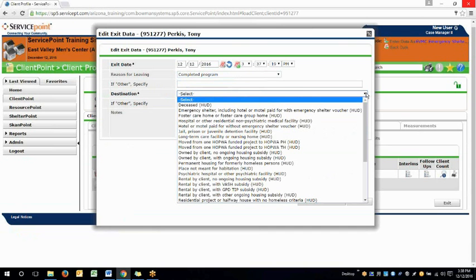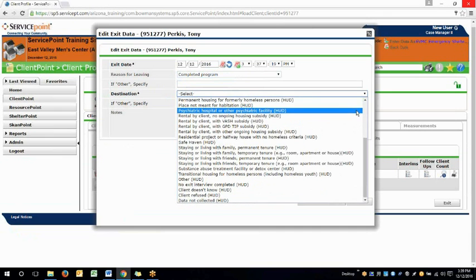Moved from one HOPWA funded project to HOPWA transitional housing, owned by client, no ongoing housing subsidy, owned by client with ongoing housing subsidy, permanent housing for formerly homeless persons, place not meant for habitation, psychiatric hospital or other psychiatric facility, rental by client, no ongoing housing subsidy, rental by client with VASH subsidy, rental by client with GPD TIP subsidy, rental by client with other ongoing housing subsidy, residential project or halfway house with no homeless criteria,